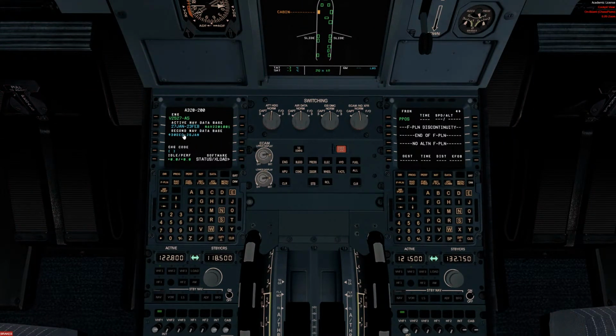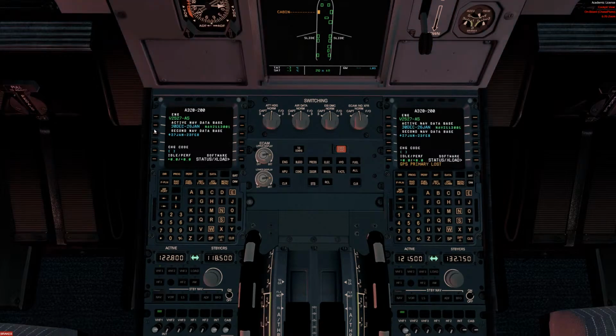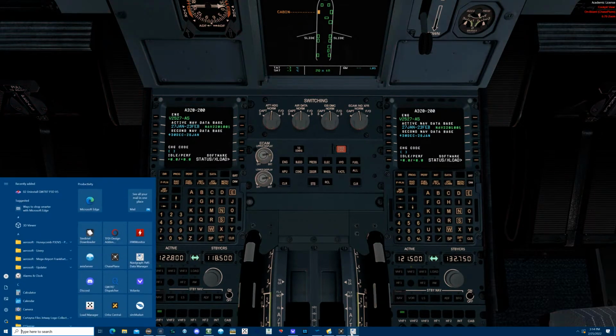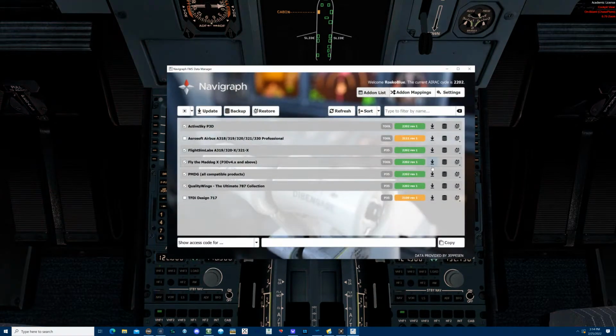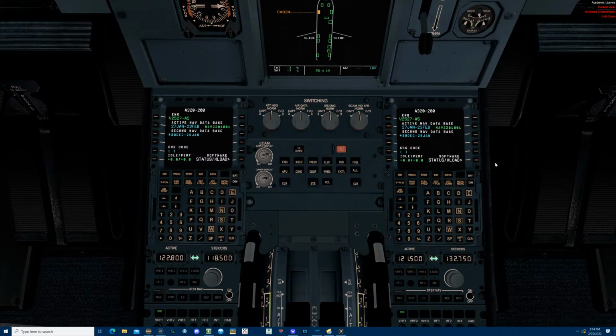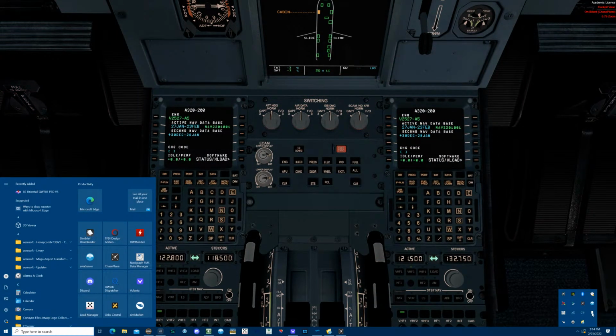Check here. Of course, my database is incorrect now. I wonder if I can... No, won't let me do it. I'm out for the walk around. I have the new database installed. I just installed it, of course. Good to go. But FS Labs is one of the only ones I think that can't read it as